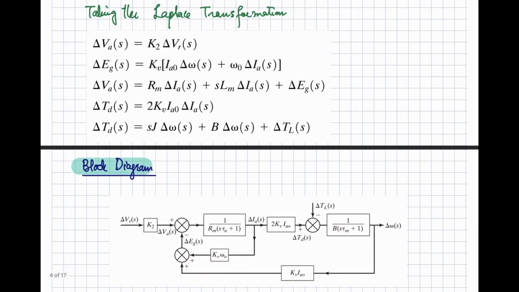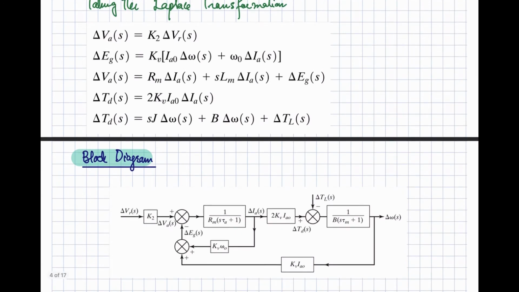Now from these equations we can develop the block diagram for the DC series motor. Delta VR is the input voltage, the change in the input voltage that is applied by your converter at the terminal of your machine. Or sorry, this is the change in the reference voltage, delta VR, that is decided by the controller, right? And that change of the reference voltage is amplified by your power electronic converter, and the voltage at the terminal of your machine is changed, and that changes delta VA. So that can be defined with the help of this equation.